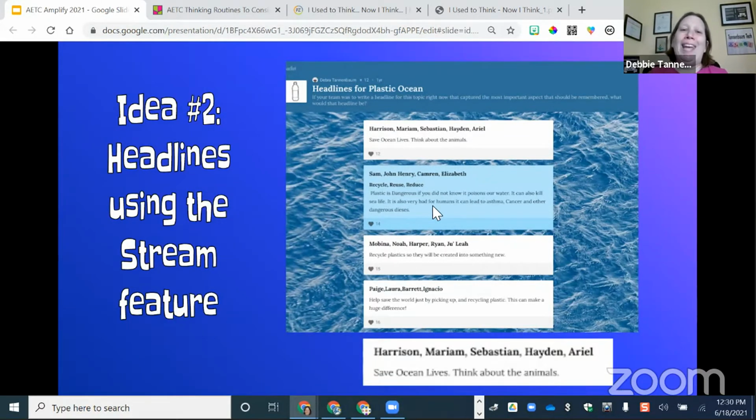In Padlet, you can give them that likes feature. That can be good or bad. These students were able to handle it. Sometimes they get a little overwhelmed with it, but all of the thinking is represented here. These students were not in the same class as these students, yet they were all able to see each other's thoughts.